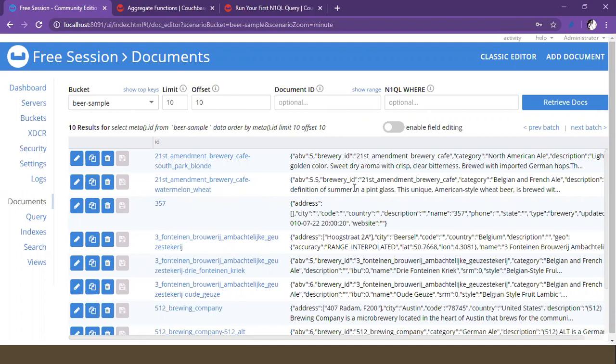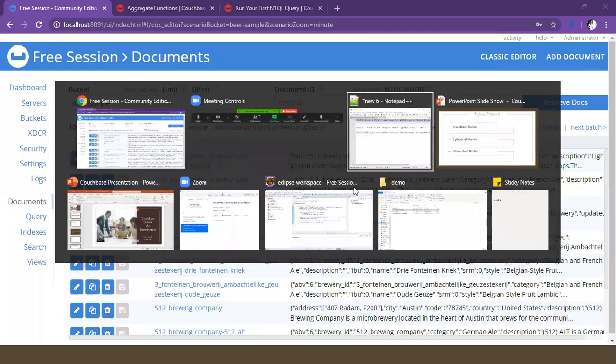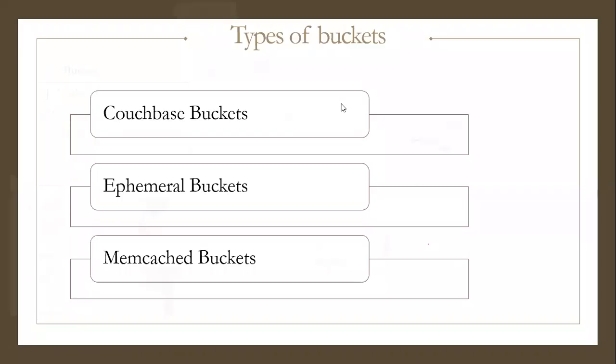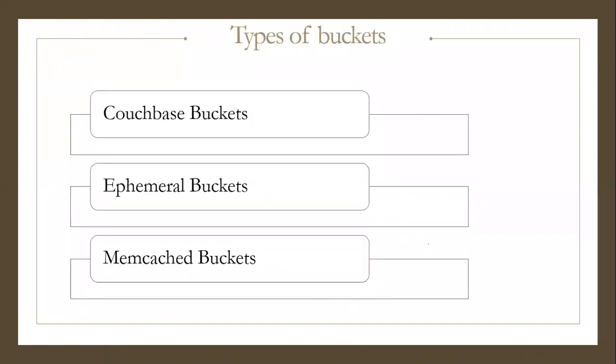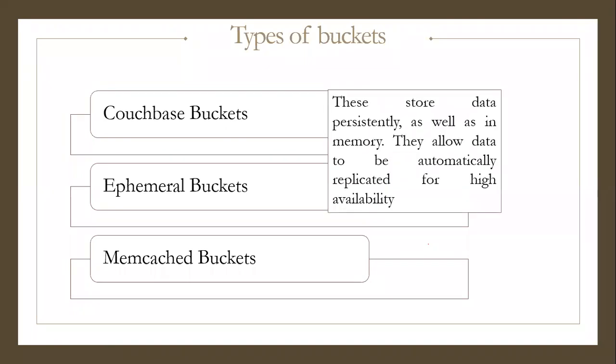So this is about that. Okay, so let us jump into the buckets now. As I explained, this is the bucket, and these are all the types of buckets. This is about the Couchbase buckets, the normal bucket, which is the default bucket provided by them. Then data persistency, whichever needs you have, based on that you can utilize it.